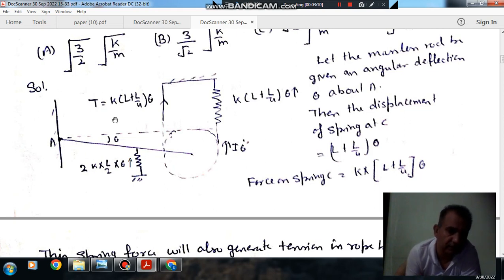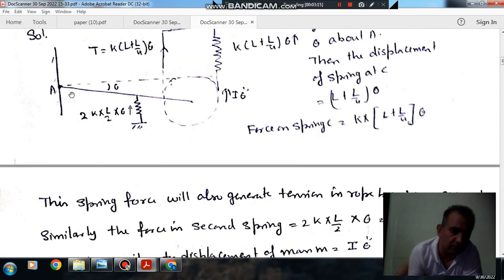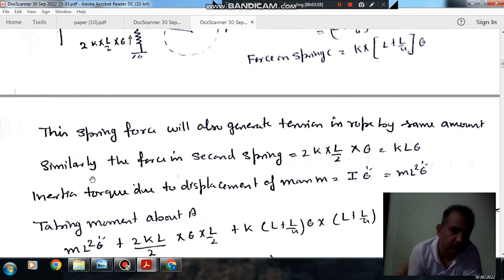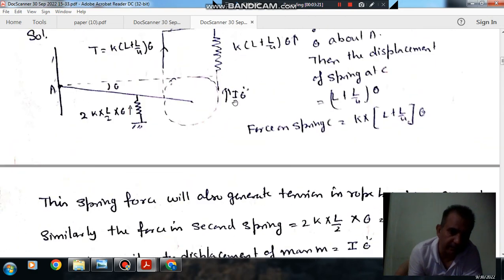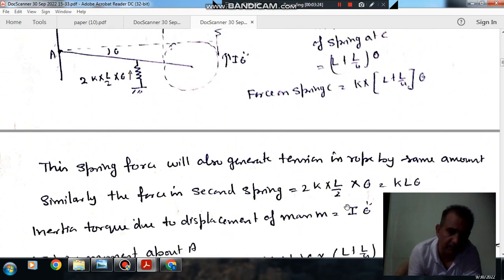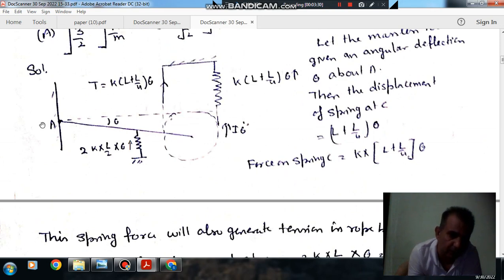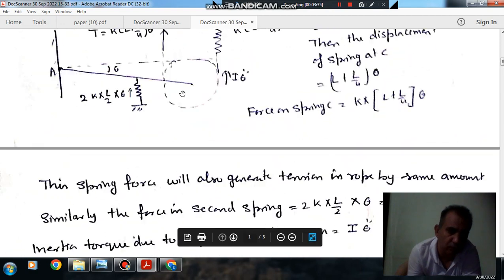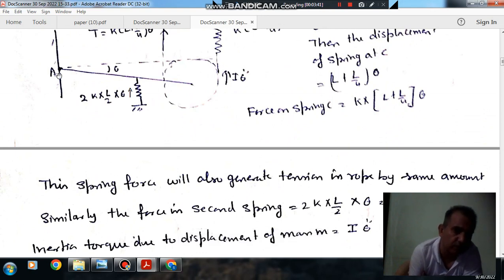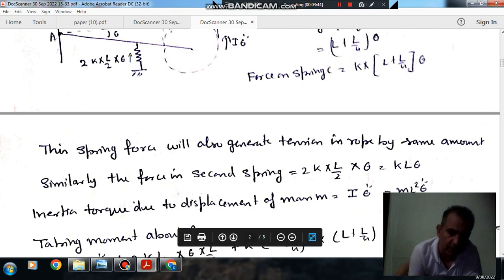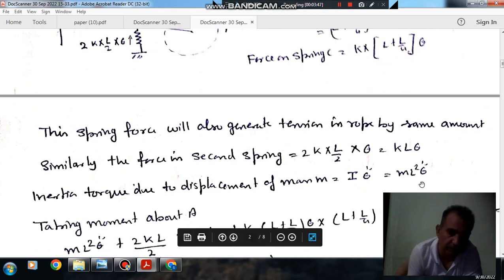So these are the forces and torque acting on the system. Now we take moment about A. Then the moment about A will be I theta double dot, where I is ML squared, because the disk has mass M and its mass is concentrated at this point, and we have to take moment of inertia about point A. That distance is L, so it is ML squared. The disk is not rotating, it is just getting displaced, so it will behave like a point mass. So the mass is rotating about this point, and its moment of inertia will be ML squared, giving ML squared theta double dot, plus